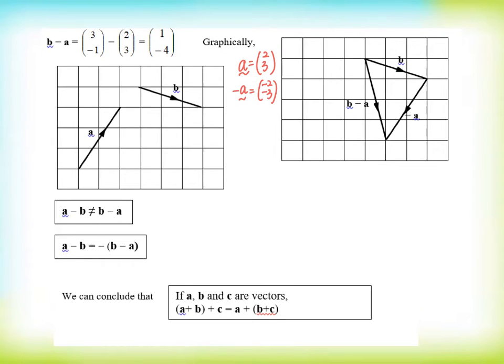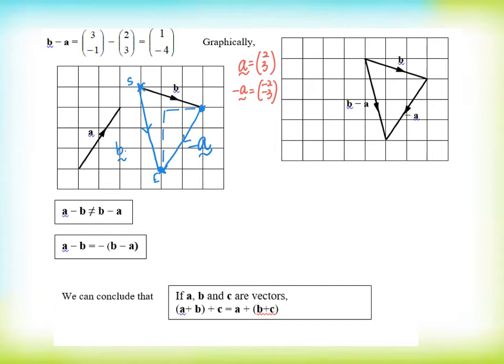So if I were to do b minus a, I'll start with my vector b first. So starting point of b is down here, and b will reach this interchange. Now I'm going to do a negative 2 and negative 3 units to reach the vector a. So this is going to be negative a. So as a result, I started here and I ended here. So this will be